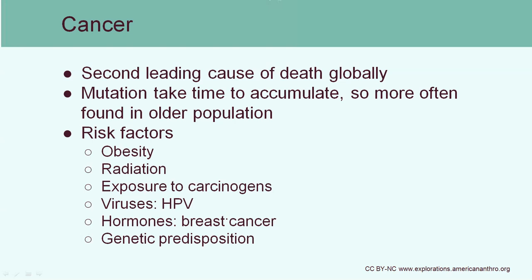So what's going on there is, again, there's risk factors. So obesity increases the risk for many cancers. Radiation, that's because UV light can damage your DNA, causing cancer. Exposure to carcinogens, those are chemicals in your environment. And now we know that there are many different things added to our food that have been shown to cause cancer in animal models. So it's possible that high consumption of these overprocessed foods can develop cancer.